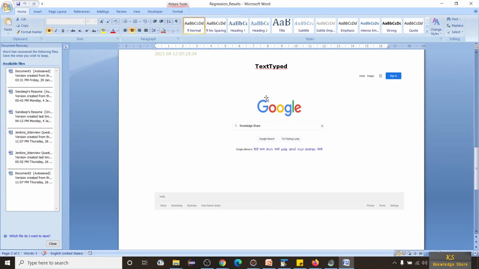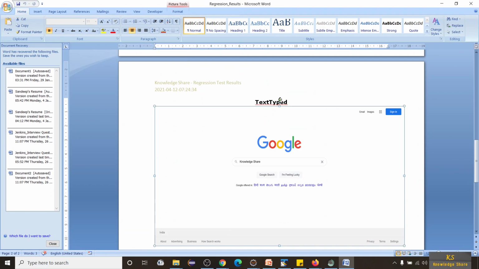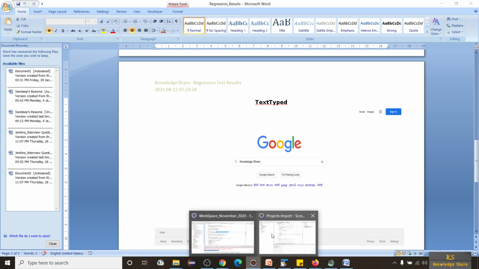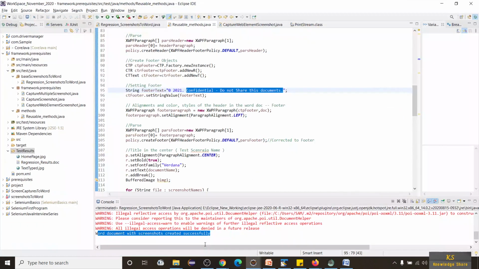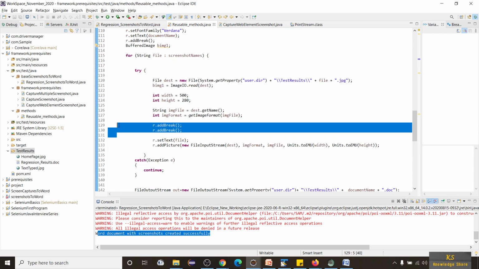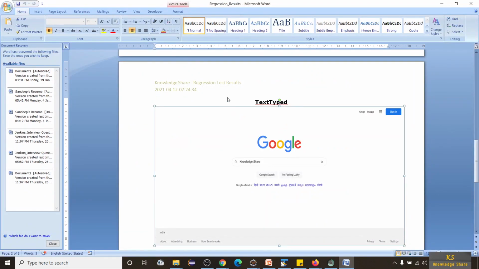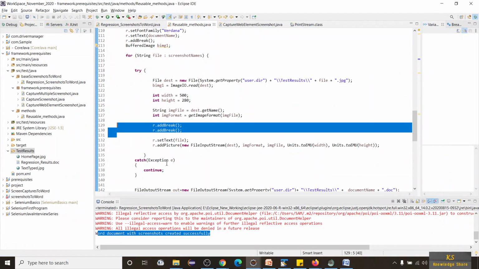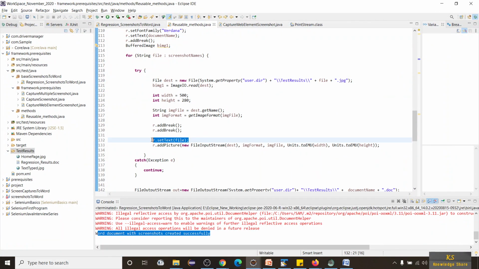Okay, and you can see the second screenshot, text type, is my second screenshot image. So you can see the for loop which exists here. In this for loop it is trying to add two breaks, and then text type, which sets the text with the test case name, and then adds the picture.